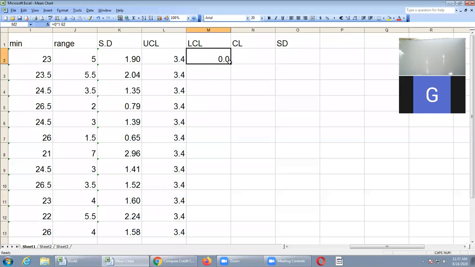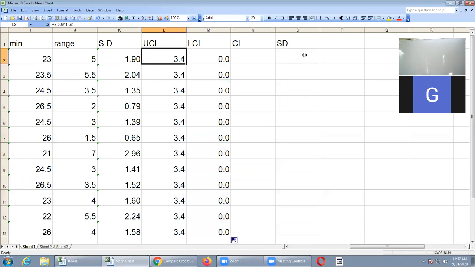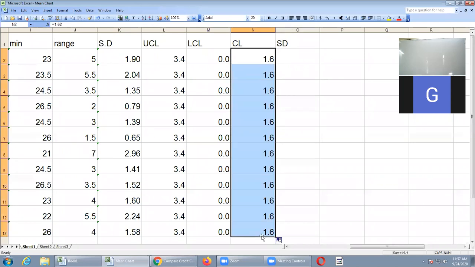Drag it, and you will get all the values for all the 12 samples. Last one is CL. The CL formula is equal to S bar, which means 1.62. Press enter. It shows a rounded figure because I have taken only one decimal place in these cells, so you are getting 1.6. Then drag, and you get all the values.